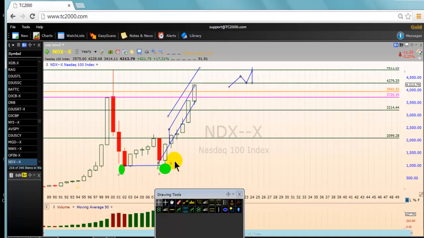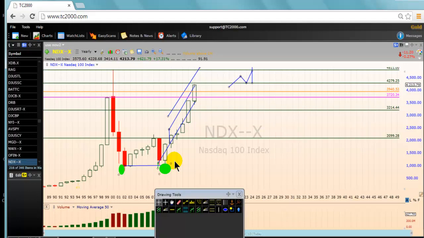So note it down. The ultimate bullish target for the NASDAQ 100 for the next 3 to 5 years is at 5344. Are you with me? The ultimate bullish target for the NASDAQ 100, provided that the fundamentals are solid, the global economy is bullish, and nothing has happened in China, all right? And the bullish momentum continues, all right? The ultimate bullish target for the NASDAQ 100 is at 5344. Note it down and do not forget it.